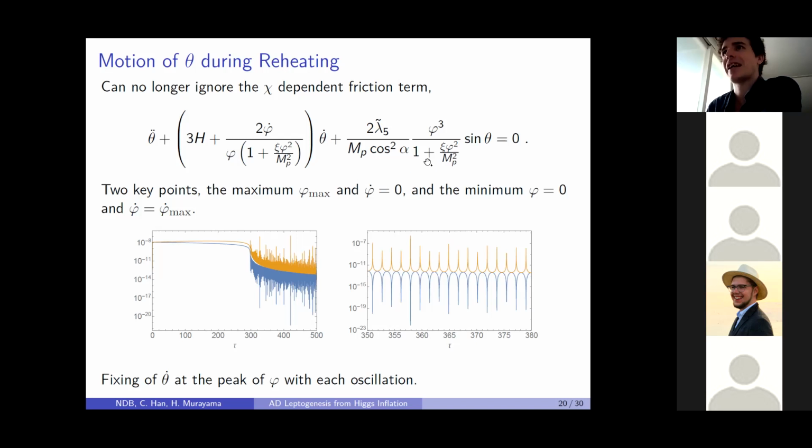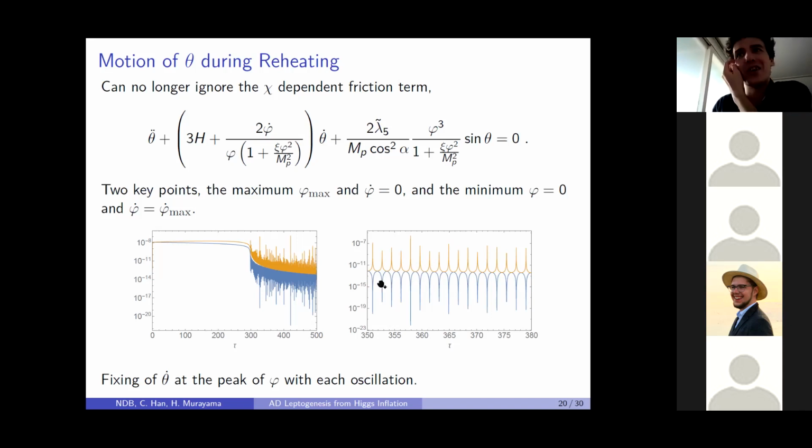And so in that case, as this term goes away, this term becomes important, like this friction term associated with phi. And if you notice, this is just theta dot dot to phi dot on phi theta dot. And if you actually solve that equation, it comes out that your theta dot is effectively just a constant at those points. So, okay, this is getting a rather complicated explanation here.